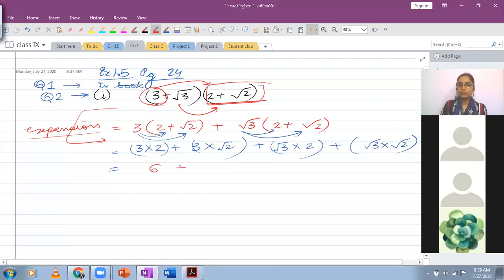3 into 2 will be 6. Now 3 root 2. This will be written as 3 root 2. For your convenience, I would like to give you a clue how to deal with the products where you have irrationals. Consider your irrationals as variables. So if you have 3 into under root 2, consider this to be x. So if you had to multiply 3 with x, you would have written 3x. You cannot operate on these. In the same way, we don't have x right now. What we have is root 2 here. So the multiplication sign is omitted from the 2.